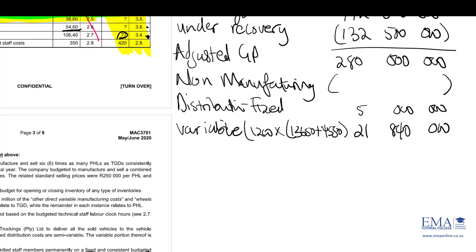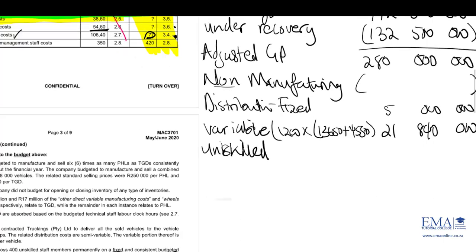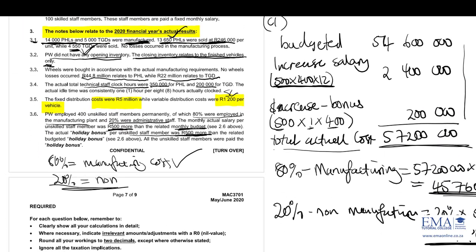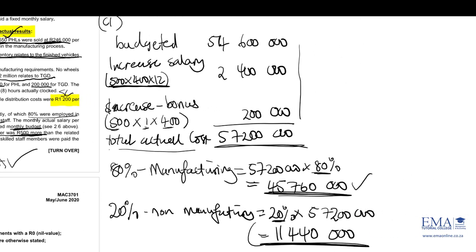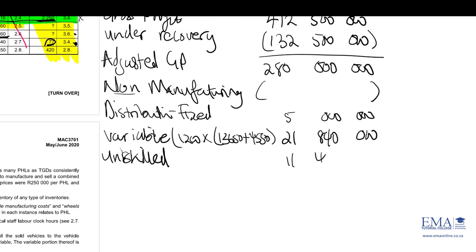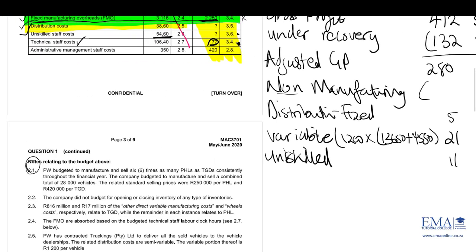Now let's look at the other non-manufacturing cost. We've got the unskilled staff. Remember the unskilled labor, the unskilled staff, the 20% part. If you still remember, the 20% that we worked out here, we said is non-manufacturing, and we've already calculated the amount as 11,440,000, because 20% was working in the non-manufacturing. So 11,440,000. Okay, so they also gave us here administrative management staff, which is note number 2.8, and the amount